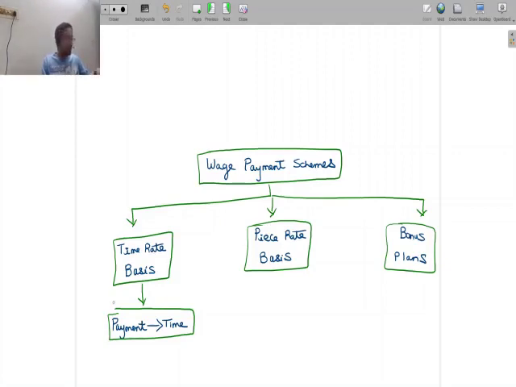And this is a pretty famous scheme of wage payment. In fact, it is also very famous not only in the context of factory workers, but also in the context of professional consultants. So when professional consultants go in for teaching, consulting or advising, they are basically offered fees. We can call it fees. They are offered fees in terms of the number of hours worked.